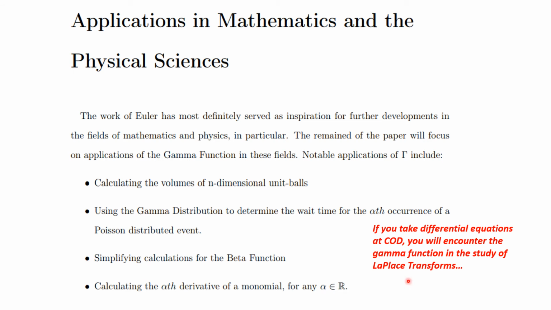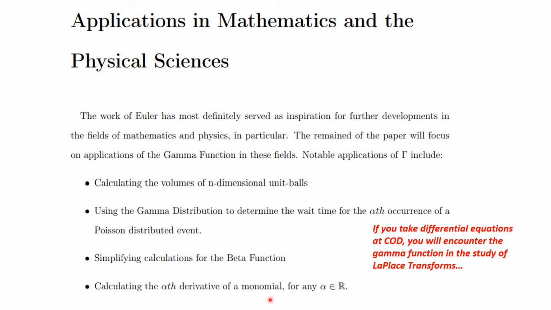The gamma distribution is used to determine the wait time for the alpha-th occurrence of a Poisson distributed event in statistics. It's used with the beta function, which we talked briefly about previously with Euler, and it also allows you to calculate fractional derivatives, the alpha-th derivative of a monomial for any alpha, an element of the real numbers. These fractional derivatives are increasingly important in the